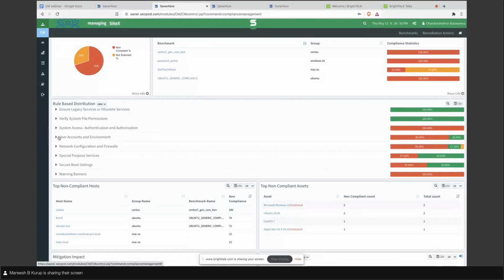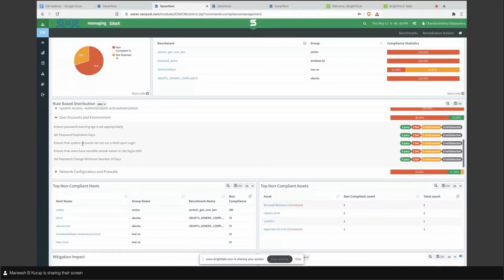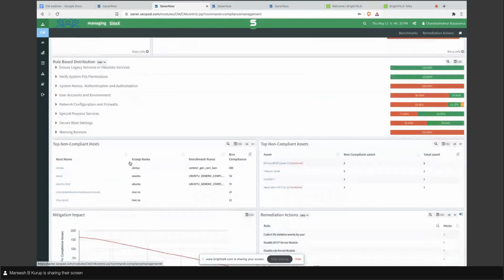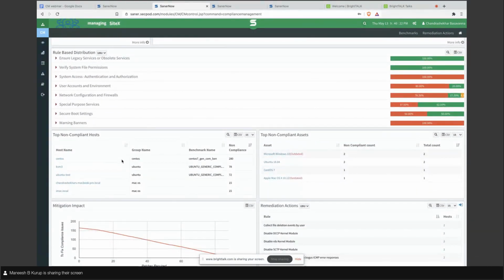It showcases how many are not compliant, how many are not scanned, how many are not selected, all of them. These selections are based on the customization I showed earlier, where on the template page you will be able to choose not to select certain settings if that is what you want. And here, it provides an insight about the top non-compliant hosts, the hosts which are notorious in terms of adhering to the compliance standard.